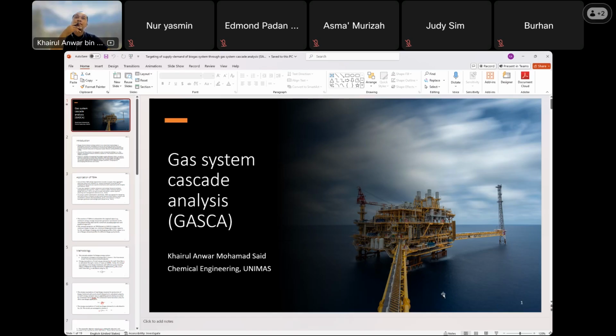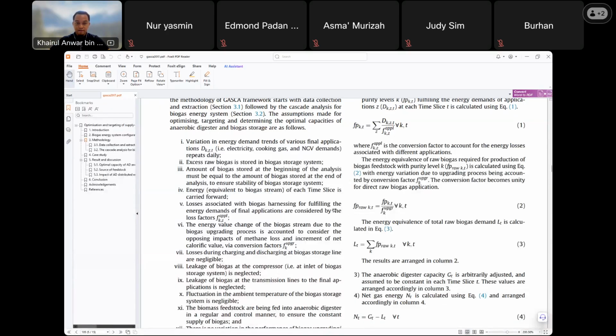so modify or improve it or couple it with time-based pinch analysis. But